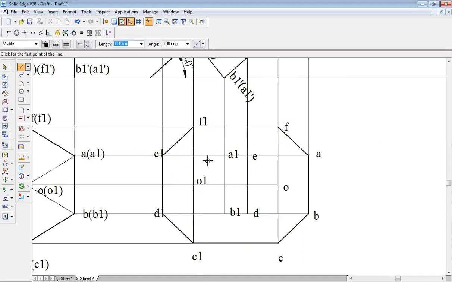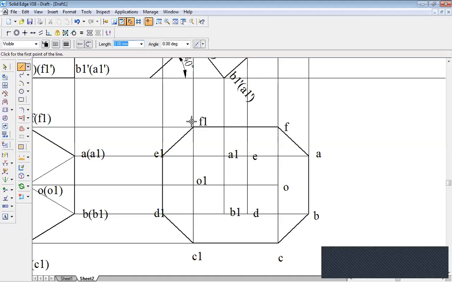Okay. Next, A1 B1 is one set which is related to the bottom face. ED is the second set which is related to the top face. You can see A1 B1 is on XY line. So the A1 B1 related face will be dotted. What are those? A1 to B1, B1 to C1, and A1 to F1. So these should be dotted.